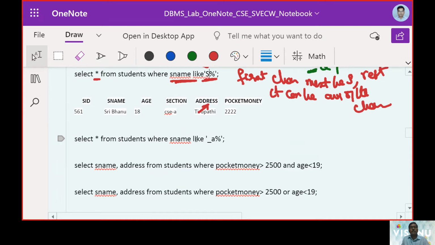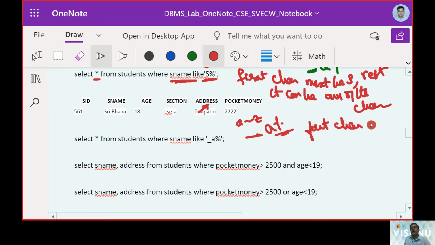The student's name, the first character can be of any type. Okay, it can be A, B, C, D to any value, but the second character must be A. The second character must be A, and again the remaining can follow.